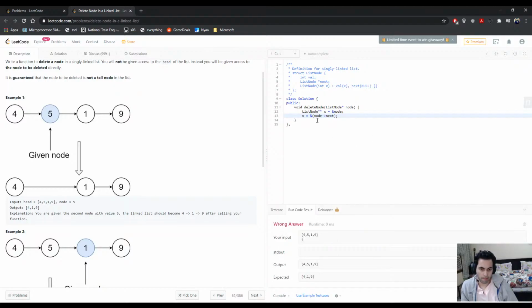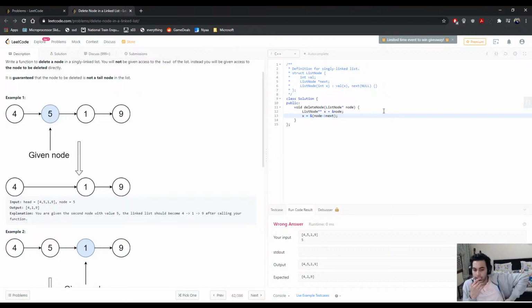First of all, x is probably the address of